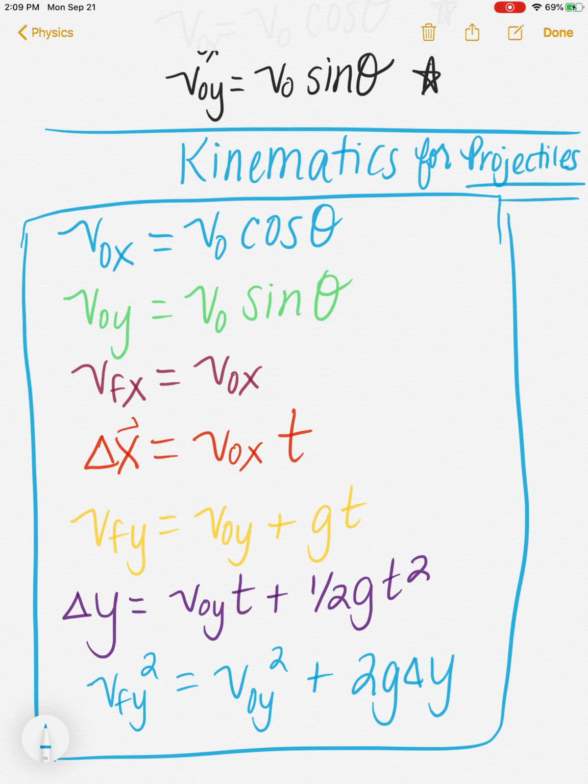So if you want to add that to your equation sheet, I said you should have a sheet of paper where you're keeping all of your important equations. That way you have them to reference for quizzes and tests. That would be great. I am also going to post a set of sample problems that I would like for you to work through at your own pace. If you have any